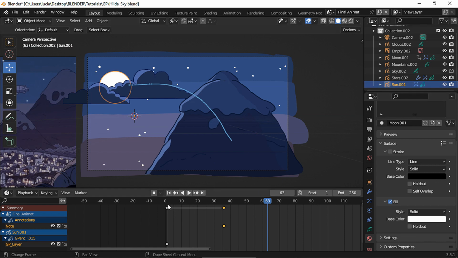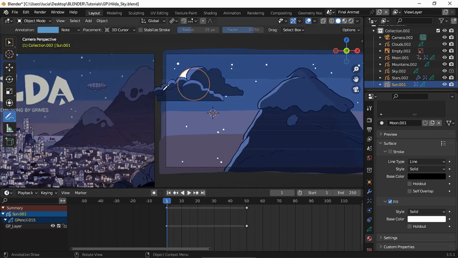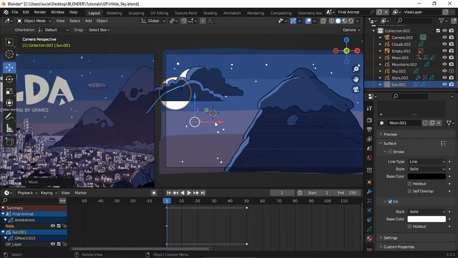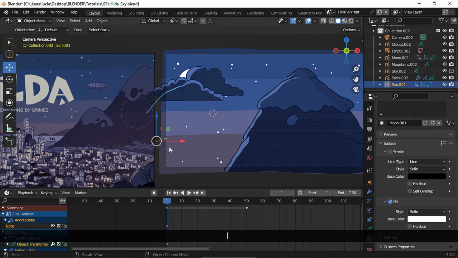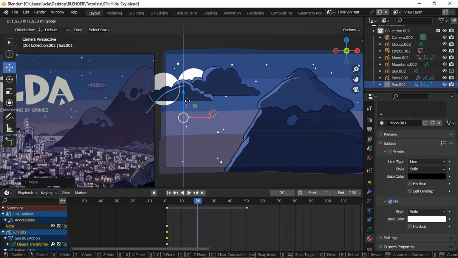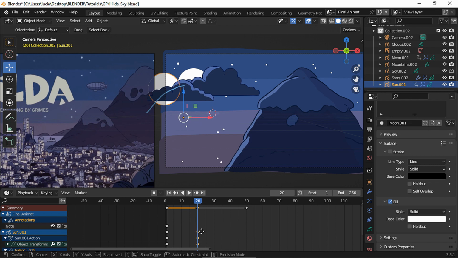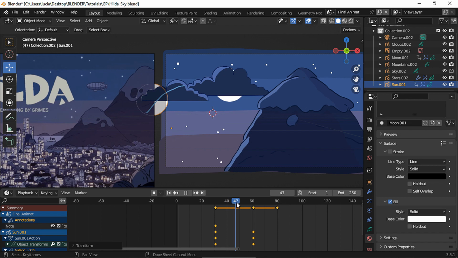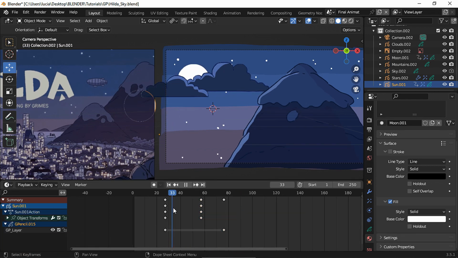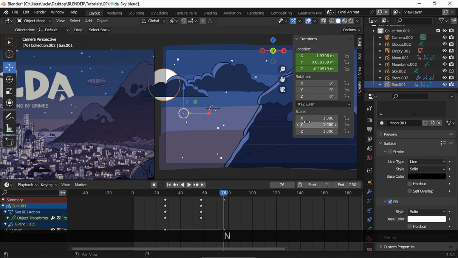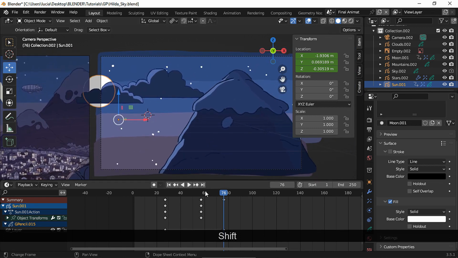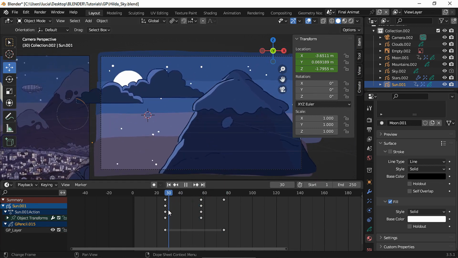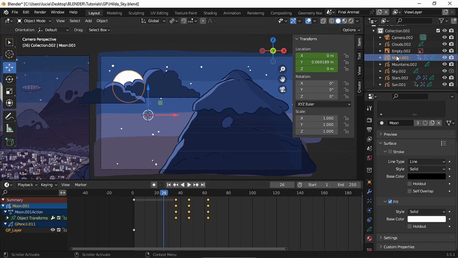And I did the same, but this time from the opposite side. And the sun's last position is the moon's starting position.